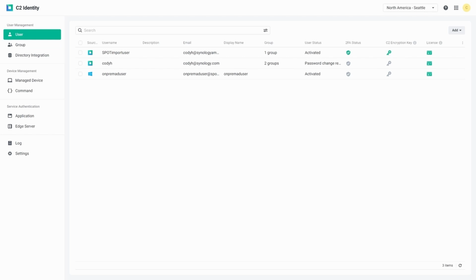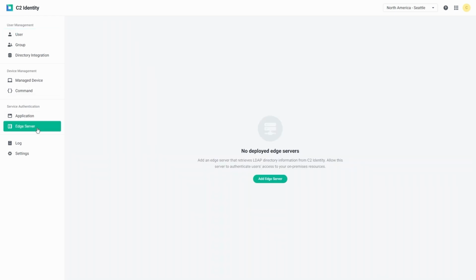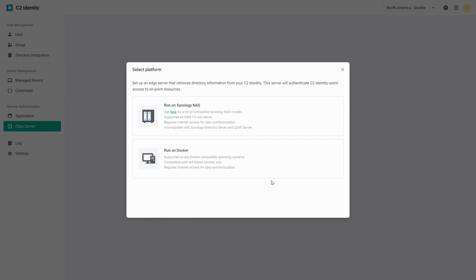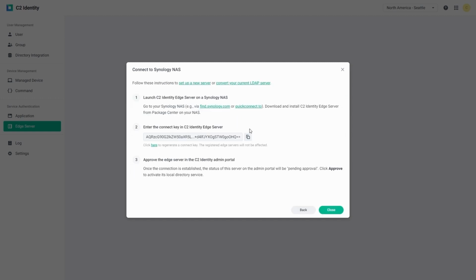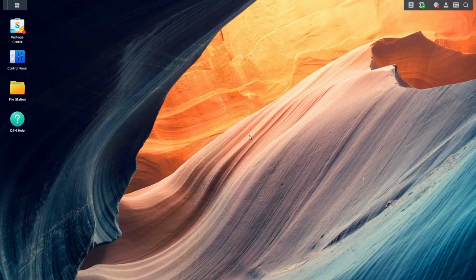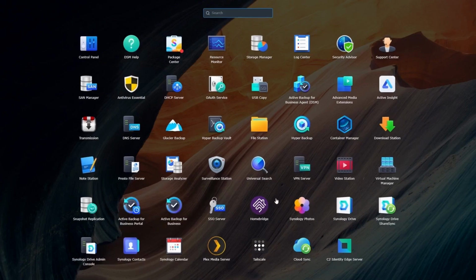To do so, we're going to go to the Edge Server option on the left-hand pane here and essentially follow through with this wizard. For us today, we're actually going to utilize a Synology NAS as our Edge LDAP server, although you can run this in Docker if you want to. So we're going to run it on our physical Synology NAS. We're going to install this application from our Package Center and then also paste in the connect key whenever we're prompted to do so. So we've already got this application installed from Package Center,